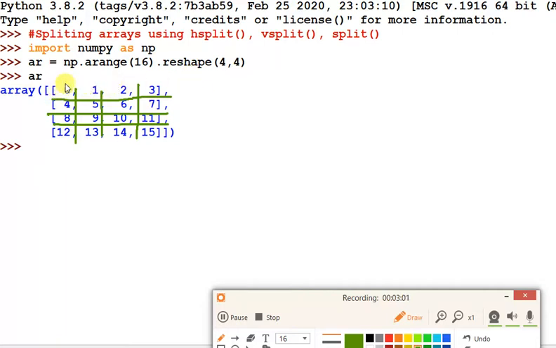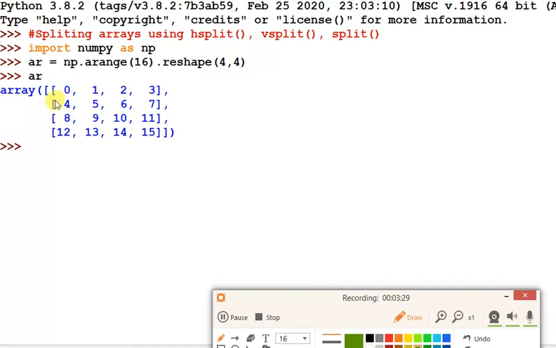Look here, this is the horizontal subset because all the values are in the same row. So when you break this horizontal subset, hsplit will break the columns, and with vsplit it is the vertical subset, and when you want to break this, that is the vertical subset.